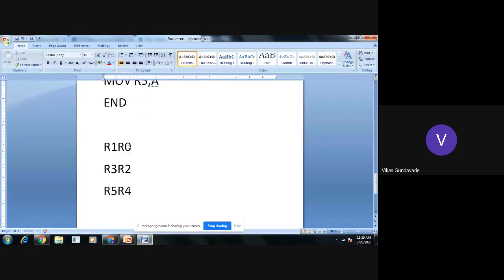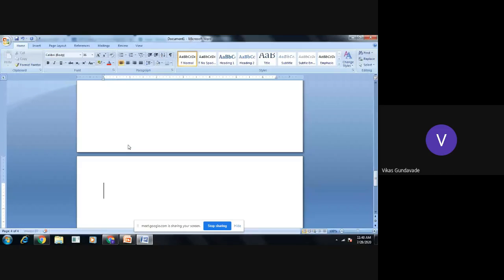Because for 32-bit numbers, see here, for one 16-bit number we have taken two registers. Now, if the number is 32-bit, then to store that number we require 4 registers.